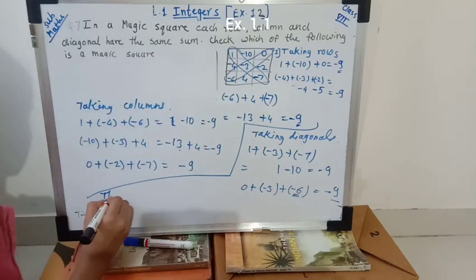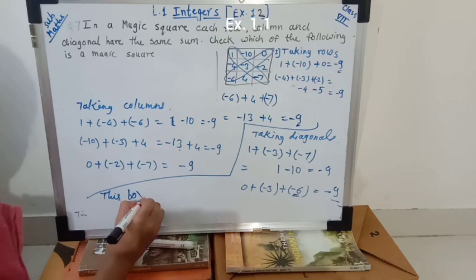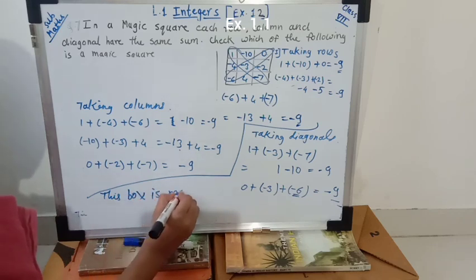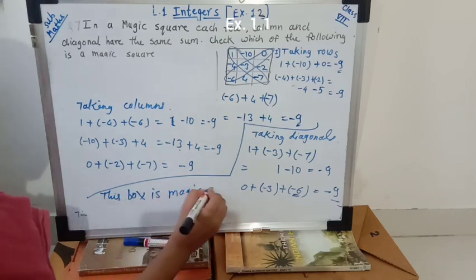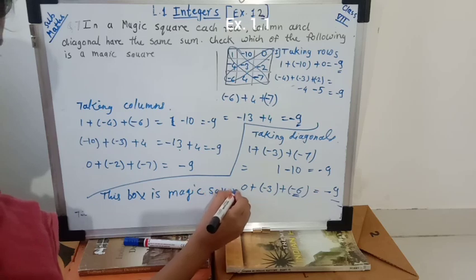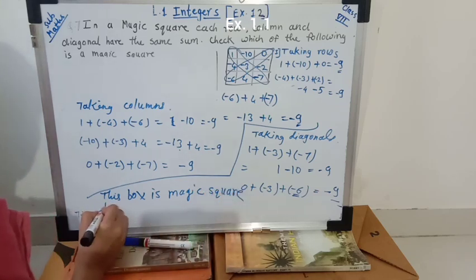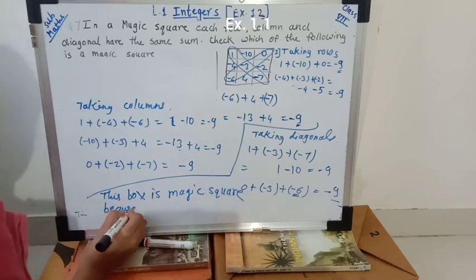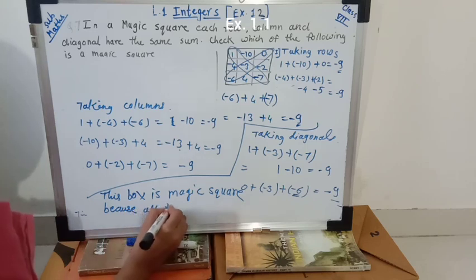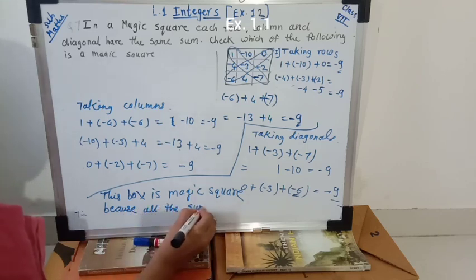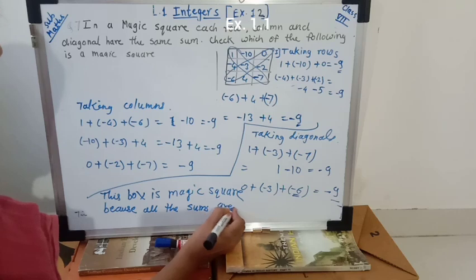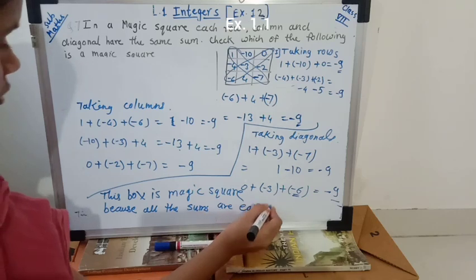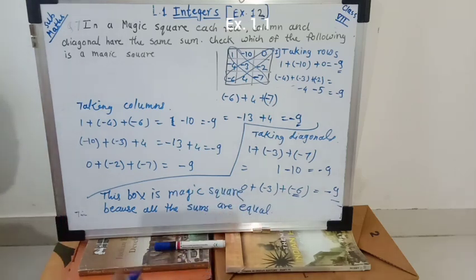So this box is a magic square because all the sums are equal. Now students, it is very important when you are performing any operation